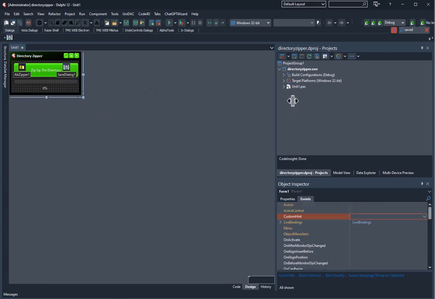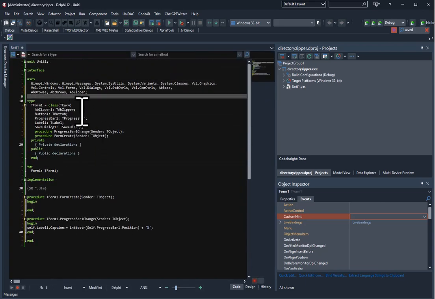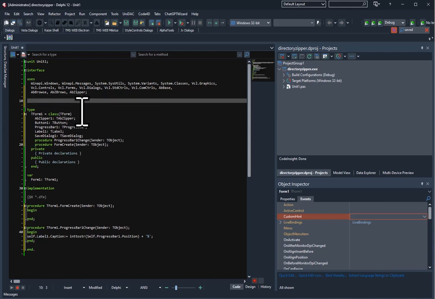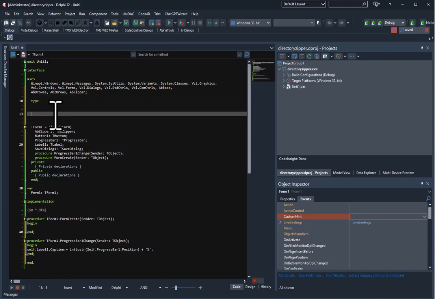Okay, so to start things off, we need to go into our code and we need to set up a thread, a TThread. So let's go ahead and hop over to our code. We're going to go all the way to the top of the code, and we're going to make a new type section. We already have the types for the form, but we're actually going to put in some more. In fact, rather than do it in two different places, I'm just going to use the type we already have. So we're going to call this